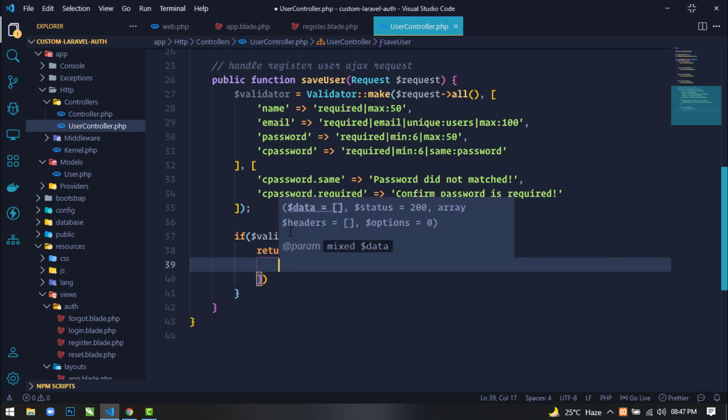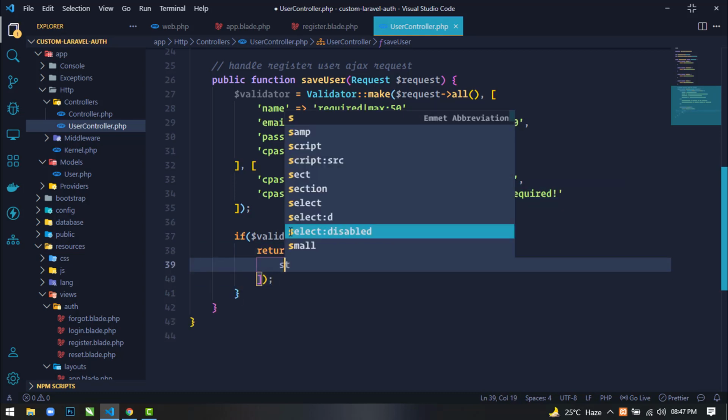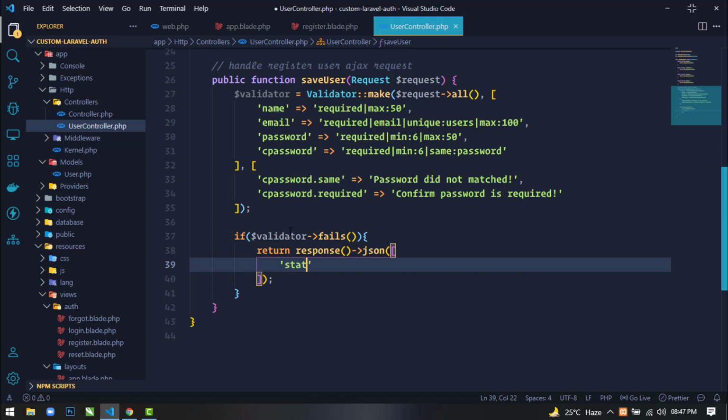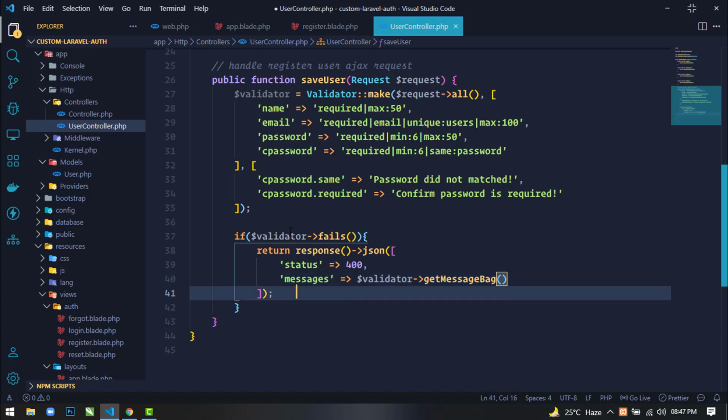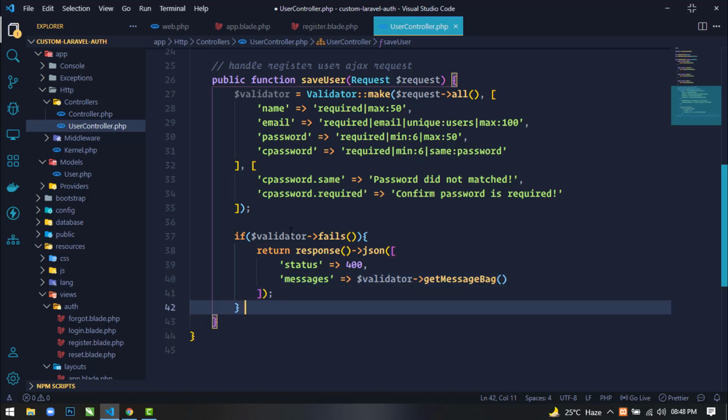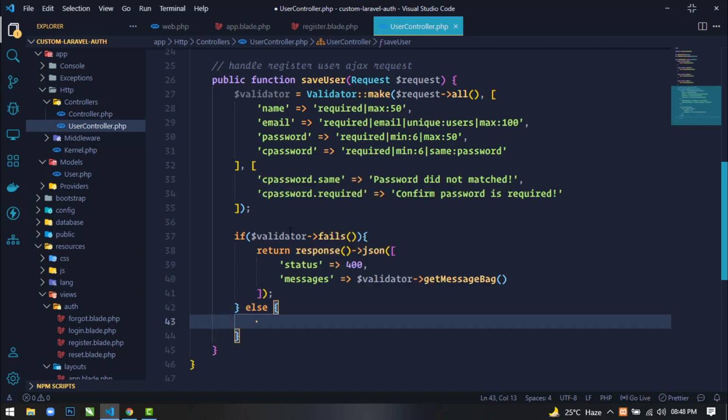Okay, now in JSON I will send status 400. Okay, and in messages I will send validator getMessageBag. Okay, and if the validation pass, then we will use else condition, and in else condition we will save the user.